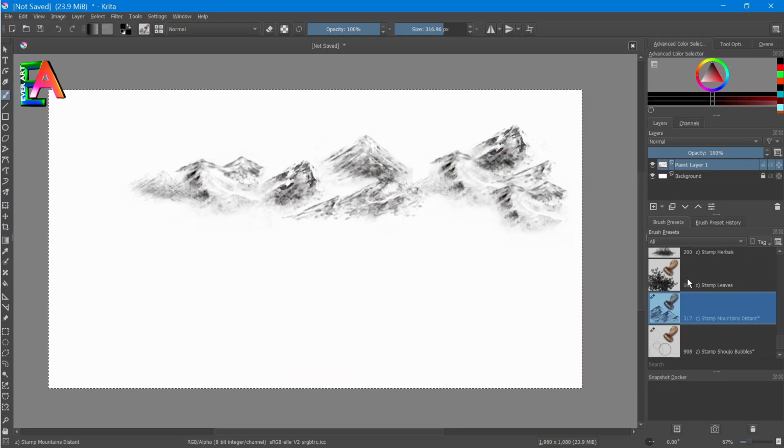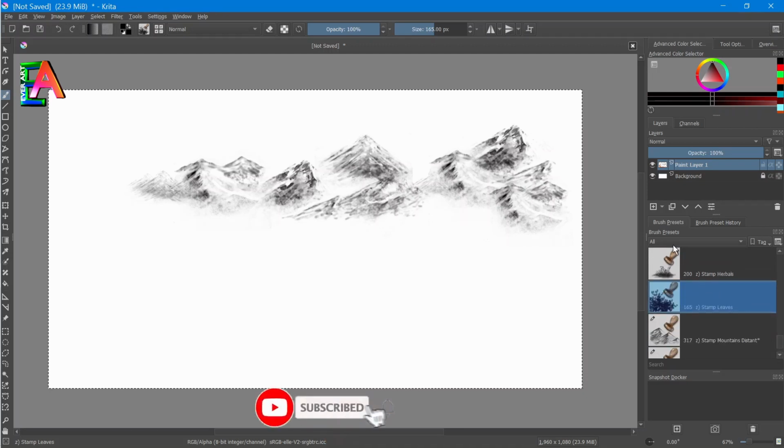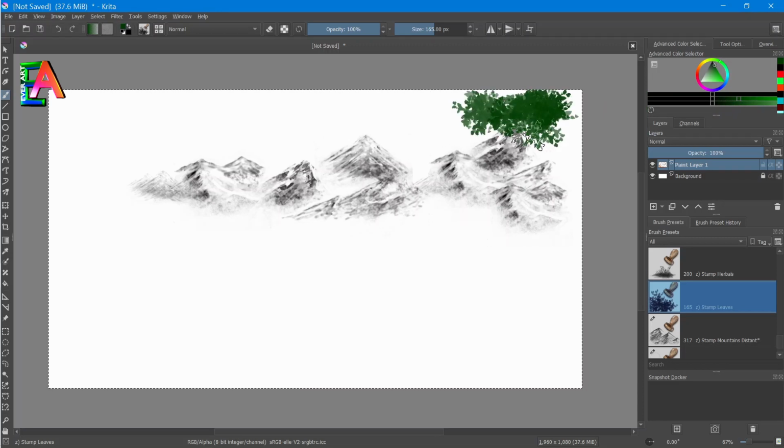Now here has a lot of options like stamp leaves, stamp herbals, grass stamps. You can use this kind of textures also and use this in your painting. I am just showing you that this is the texture you can use.